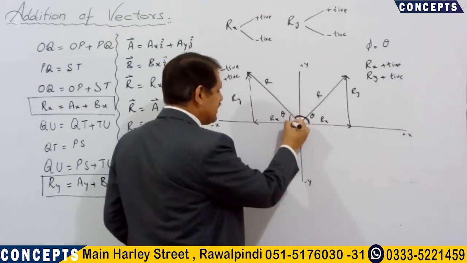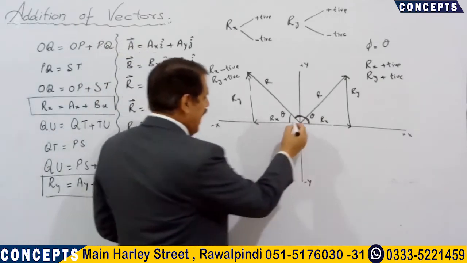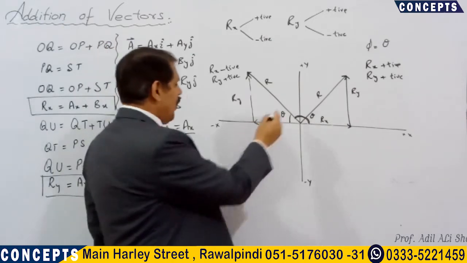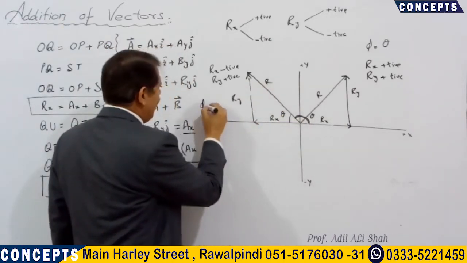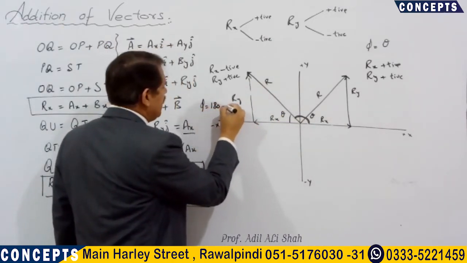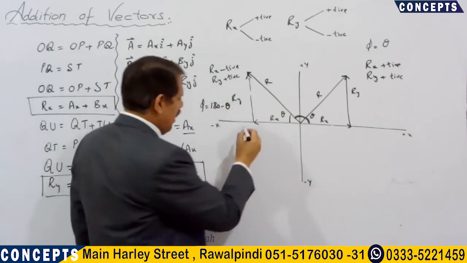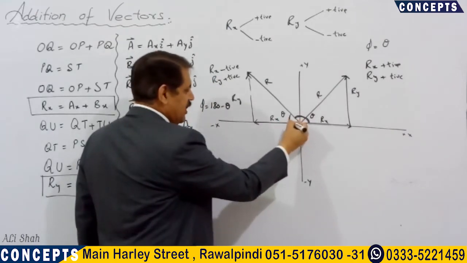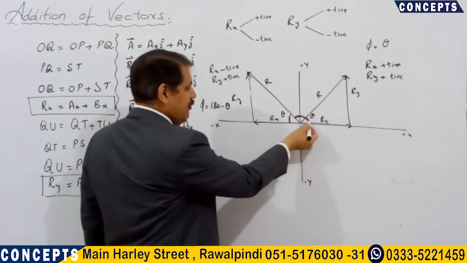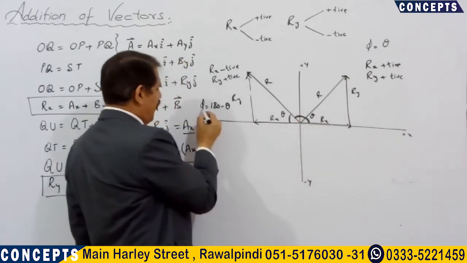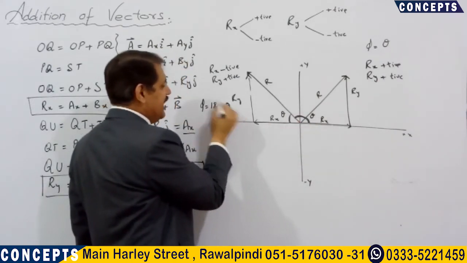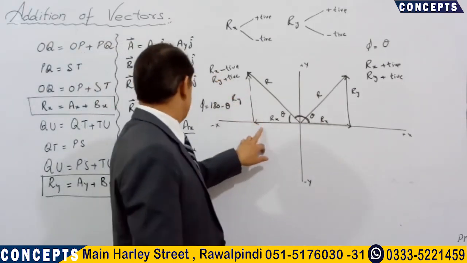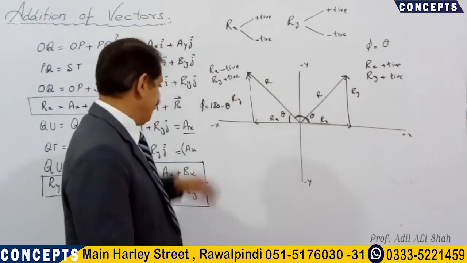Now you have calculated this angle theta. We have said that the angle along the positive x-axis is phi. So what would be phi? Phi will be equal to 180 minus theta. Now this total is 180, you have calculated this one, theta, and the remaining would be the angle phi. So phi would be 180 minus theta. This would be the case when x is negative and y is positive.